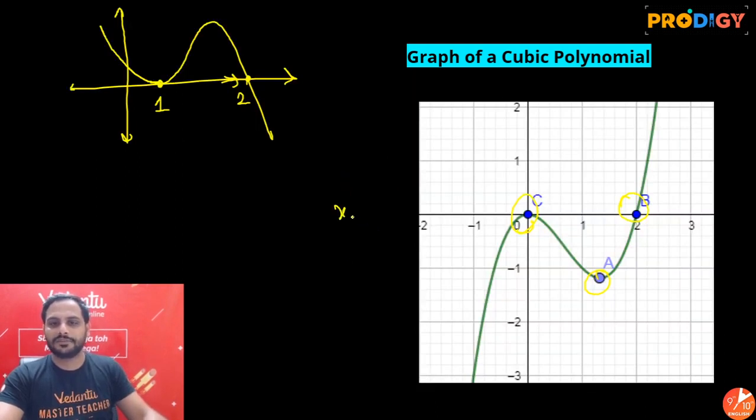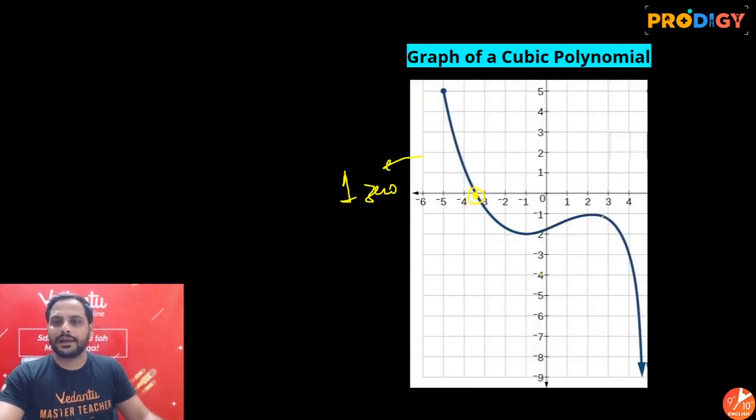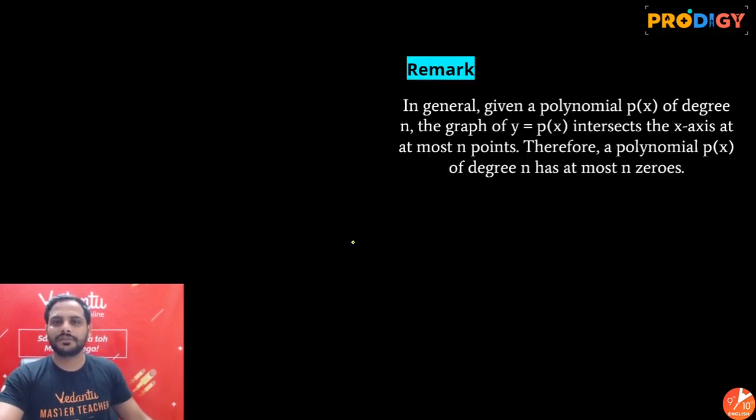And here the values of zeros will be x equal to 0. Oh, sorry, I'm sorry, I made it wrong. This is not a zero. I am showing you this point. There are 2 zeros, x equal to 0 and x equal to 2. Here 3 zeros: x equal to -2, x equal to somewhere between 0 and -1, not clear, and x equal to 3. And here only 1 zero, that is x equal to -3, between -3 and -4, let's say -3.5. Simple. This is what they are going to ask you in this topic.